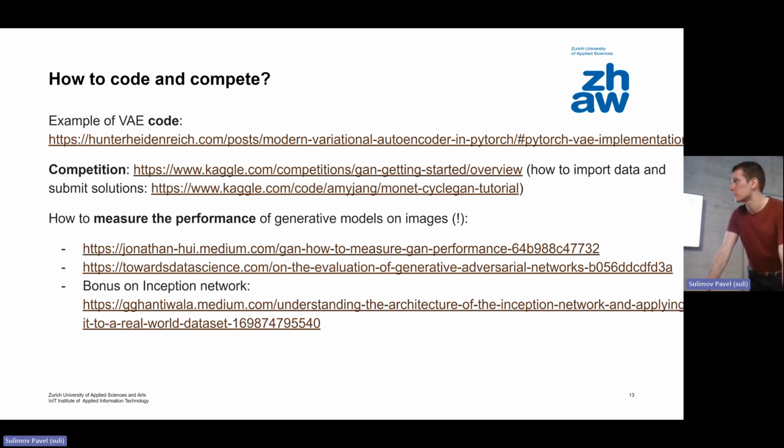The idea of this competition is that you need to extract the style of Monet images based on these 300 and put it on these 7,000 images. So you should get a building in the style of Monet. Very nice stuff. I heavily recommend you to do this.